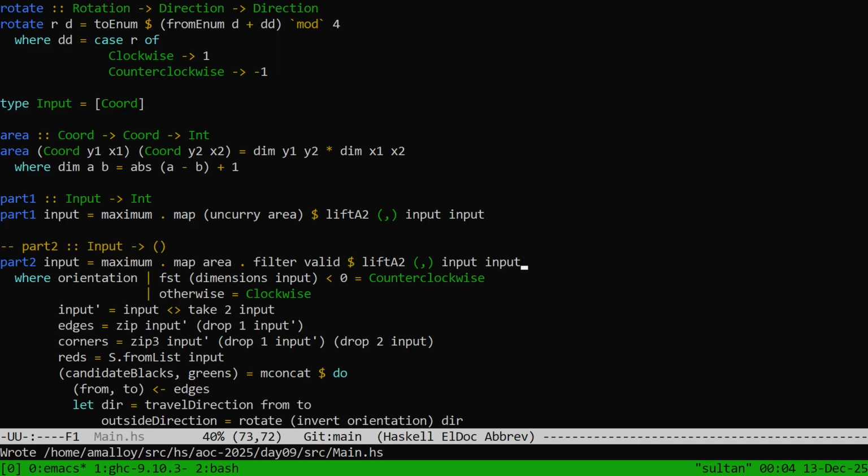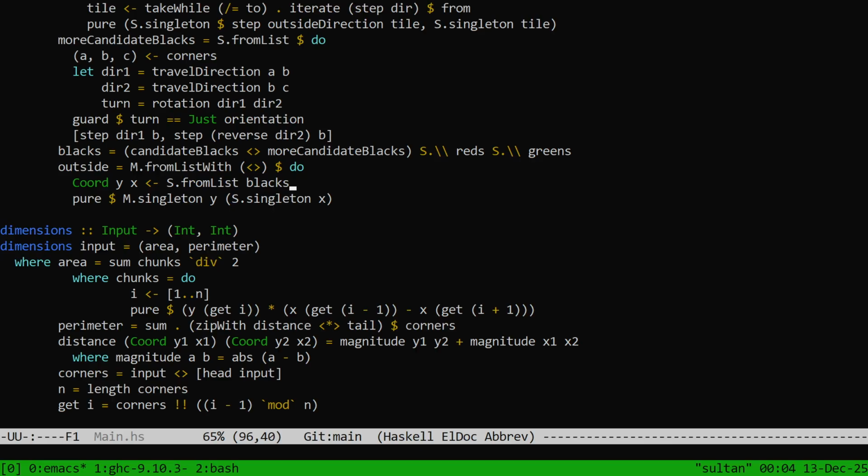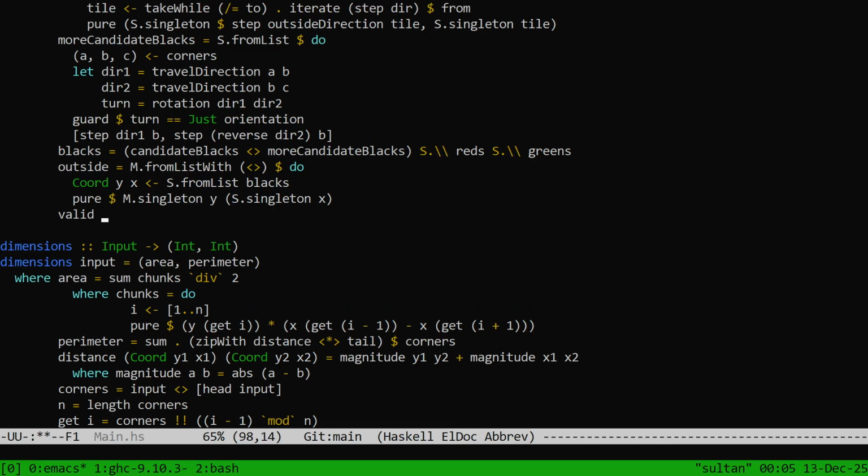And find the largest such. And then I just need to write the valid and area. And I don't even need the area function, just the valid function. So valid of coord yx is